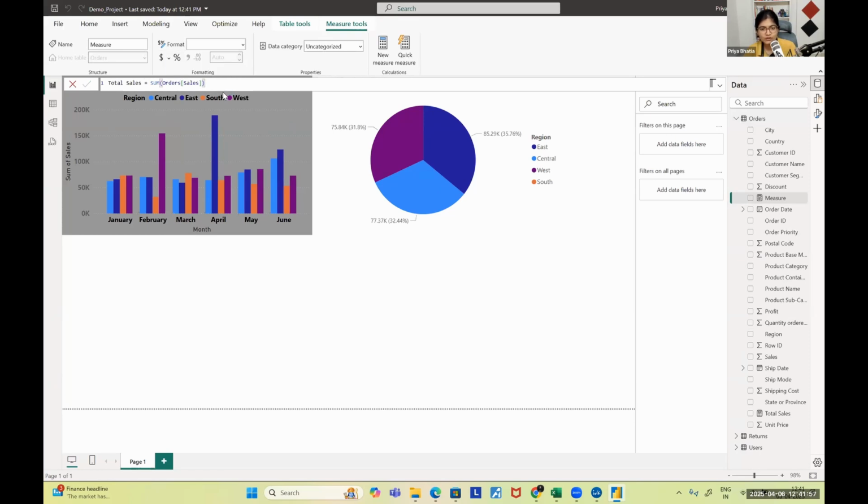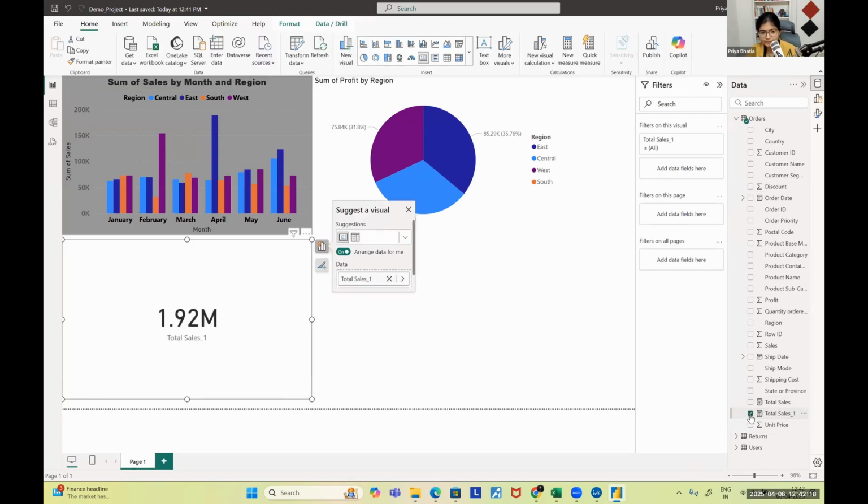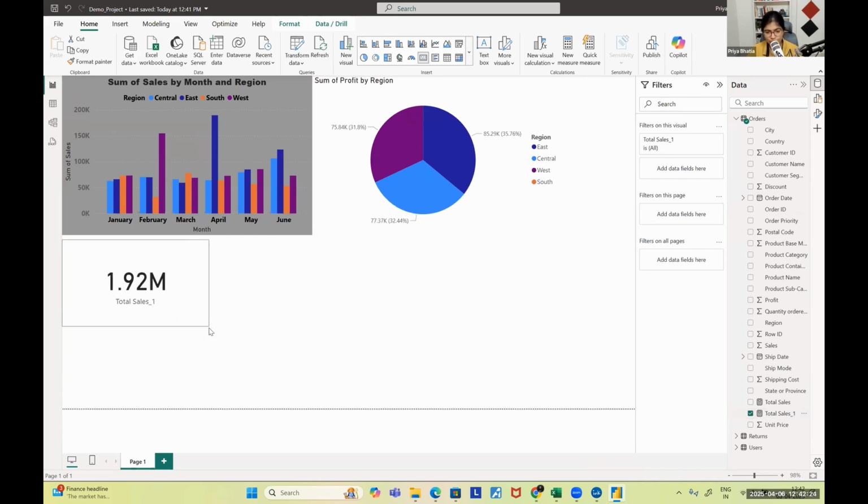And as soon as I click on this, let me pick a different name, in that case, total sales underscore one. Can you see that we have this value, total sales of one, which is 1.92 million. So at any point of time, whenever you want to